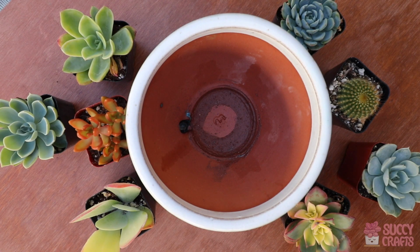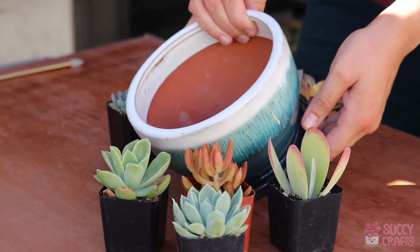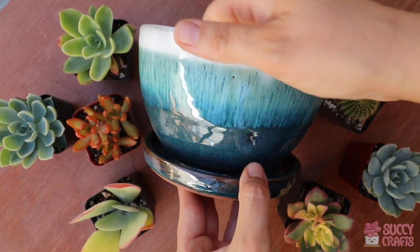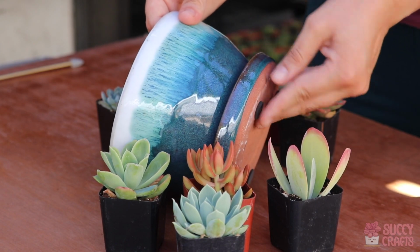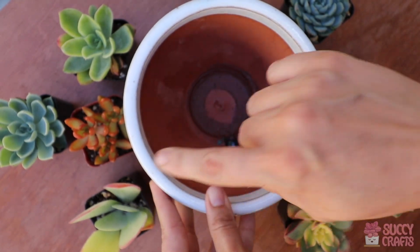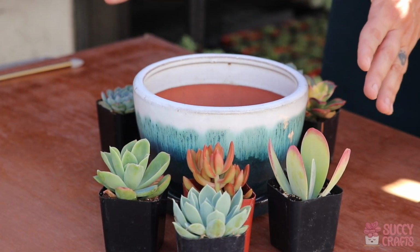I'm getting ready to make a succulent arrangement in this beautiful planter here. Check it out. Isn't that gorgeous? I love pottery like this, and it's got like a built-in saucer. It's super cool. I love it, love it, love it. And it's got this white rim that's gonna brighten everything up, and I'll show you the plants that I have